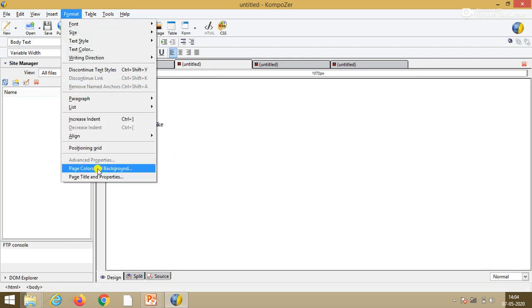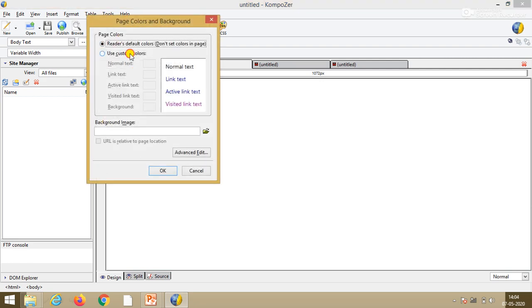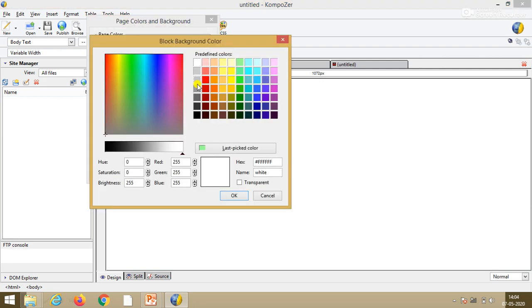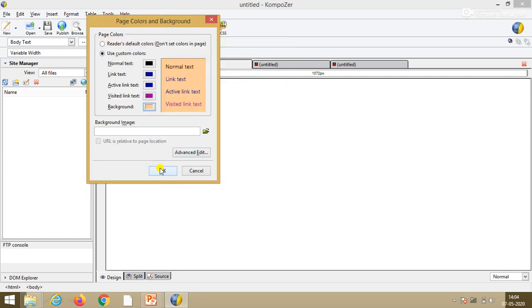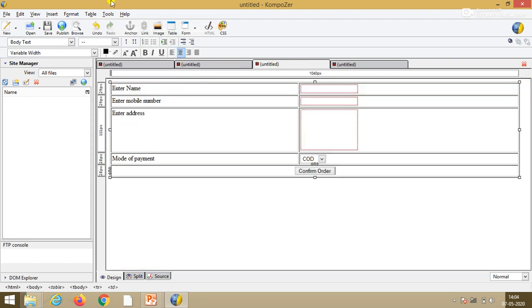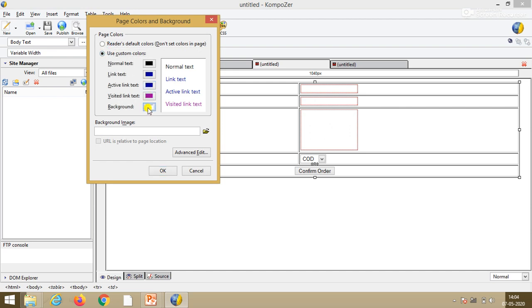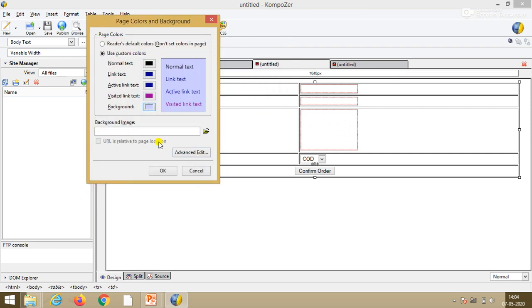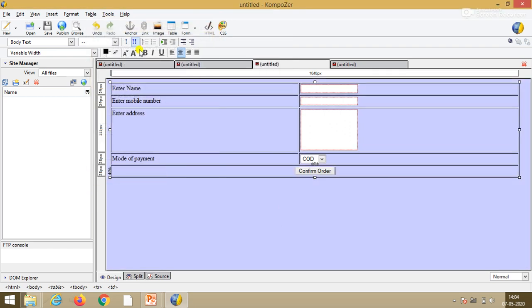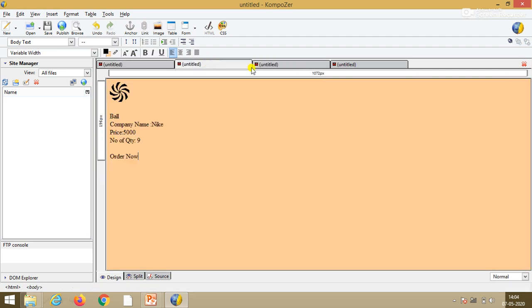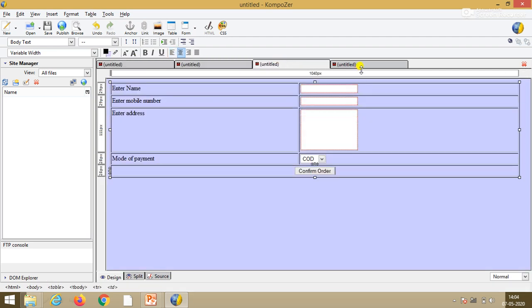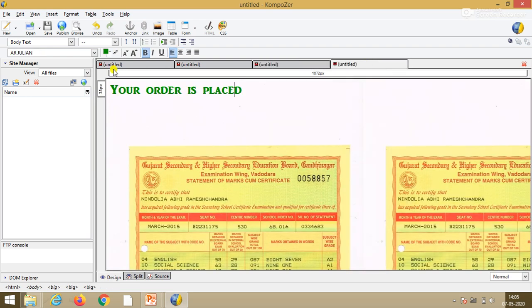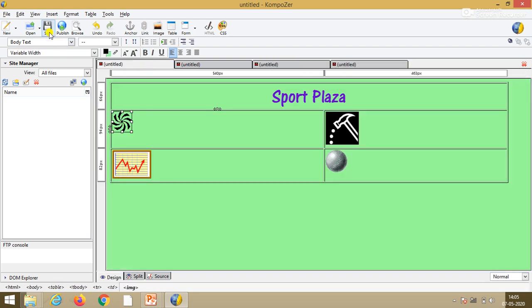So format, page color and background, customize color, select any color, okay. Also insert it in this page, customize color, background, select any one color, and then okay. As you can see, our 4 pages contain different colors and images.